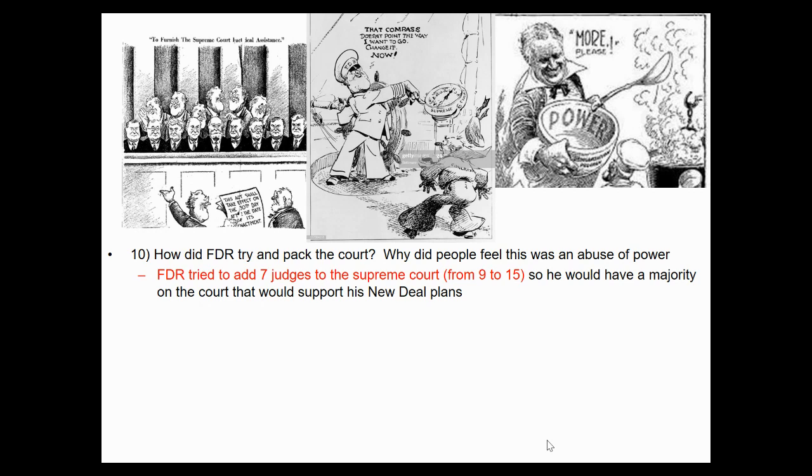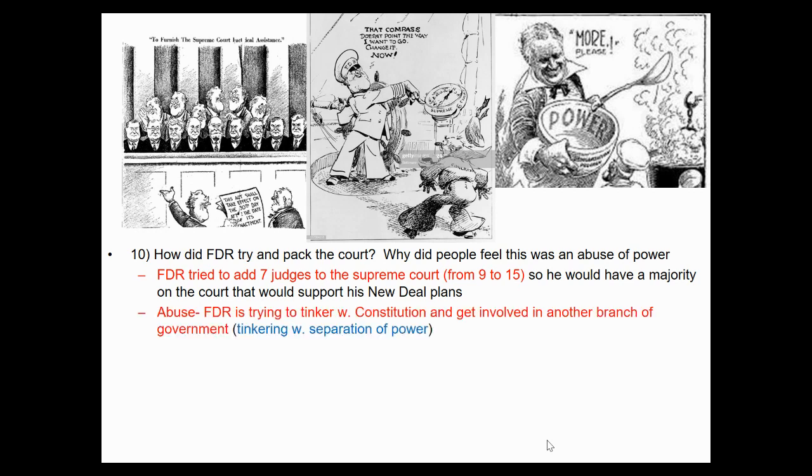So he would have the majority of the court to support his plans, right? Now, Americans said this was a mistake because what he's doing is he's tinkering with the Constitution. This is the executive branch getting involved in telling the judicial branch how it should do its business, right? And remember, at this time, there were other dictators in the world like Hitler, or Mussolini or Stalin, right? And here is an attempt or grab for power by FDR that's gone beyond what any other president had ever